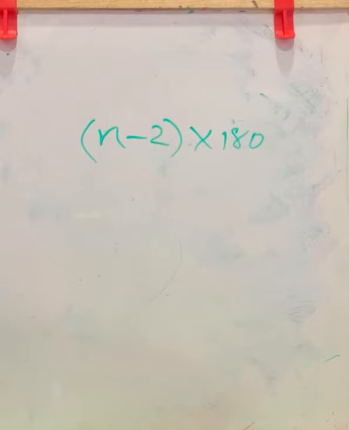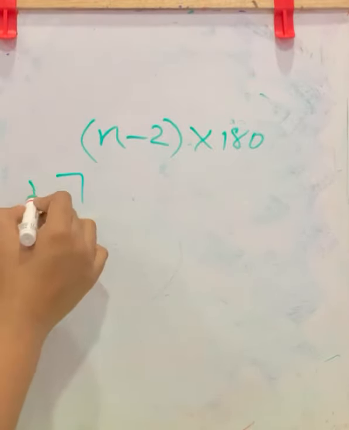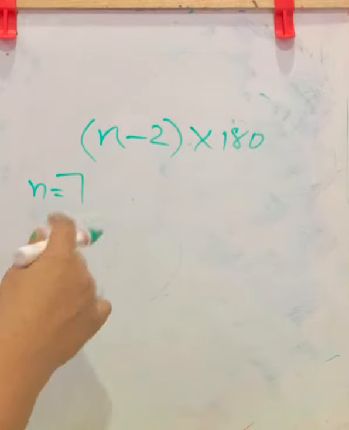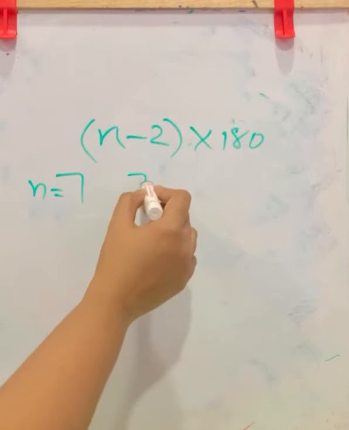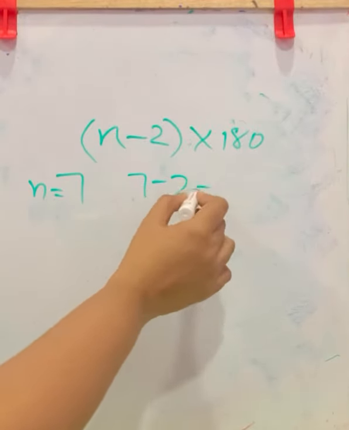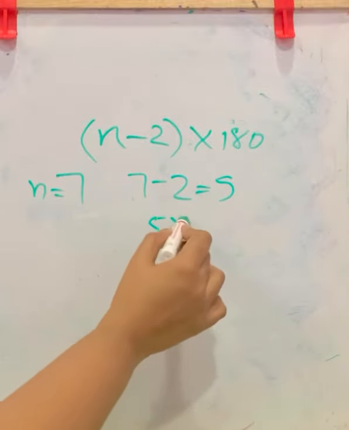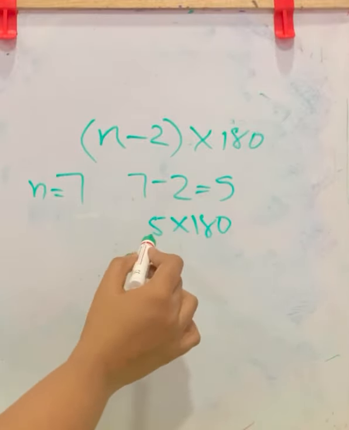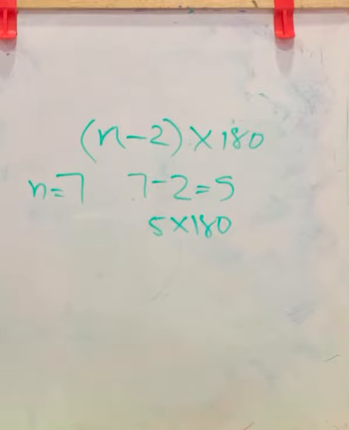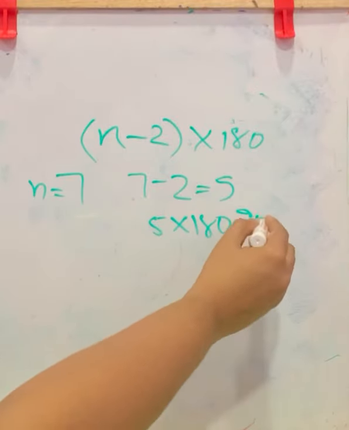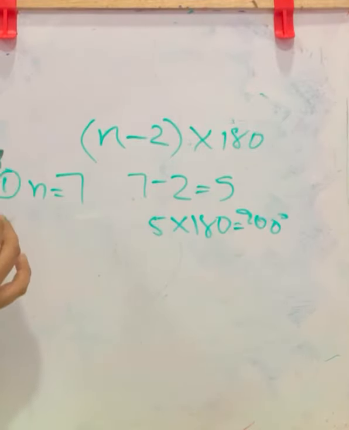Now let us check what you can say about the angle sum of a convex polygon with number of sides 7. The number of sides is given, that is n is 7. So to find the angle sum, 7 minus 2, that is 5. 5 into 180 is the angle sum. So 5 into 180 is 900. This is the angle sum of a polygon having 7 sides.